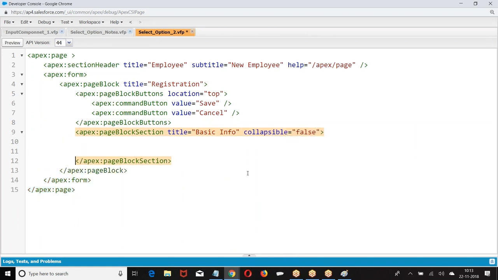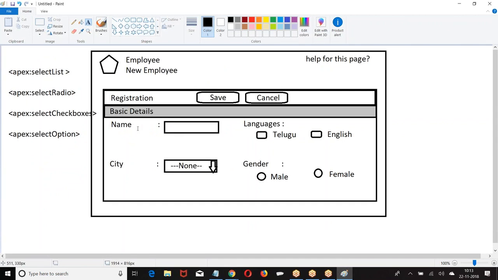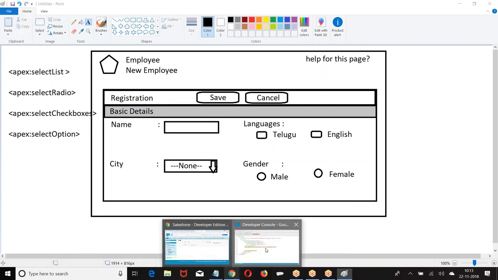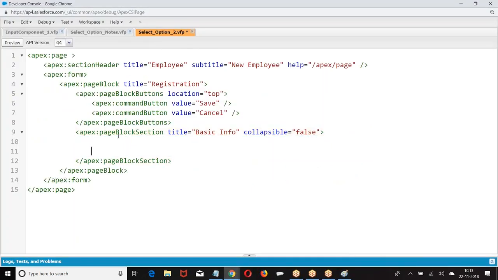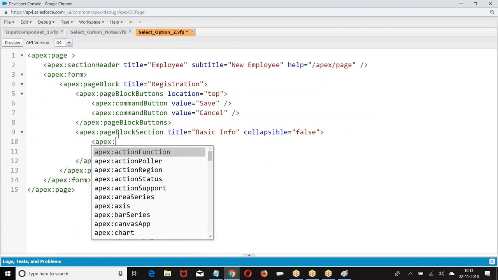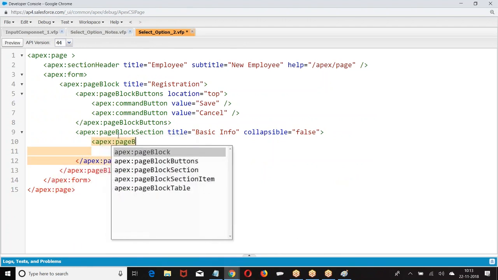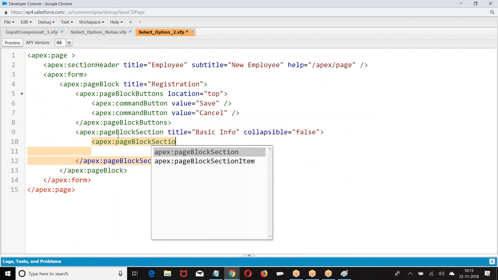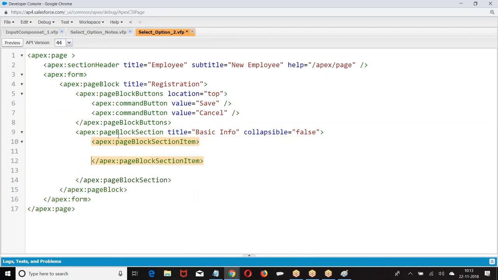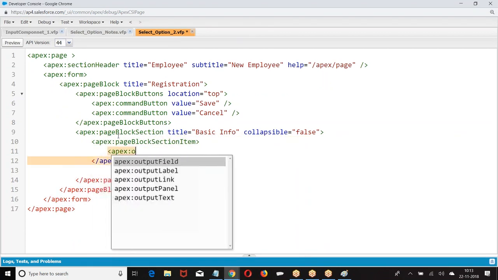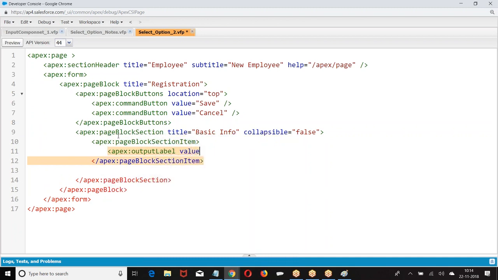Then what is the order in which I have to give? Name, languages, city, gender: 1, 2, 3, 4. Name, languages. Apex page block section. Apex output label, value equal to.